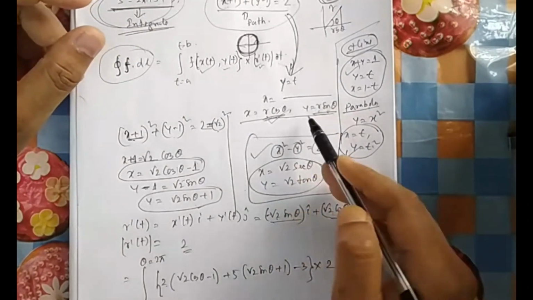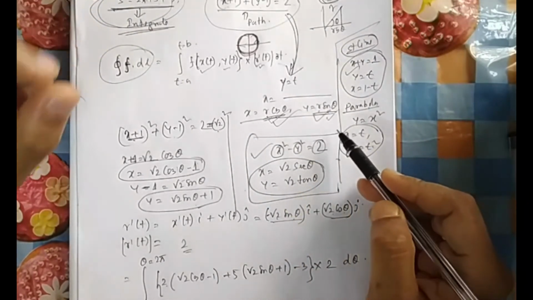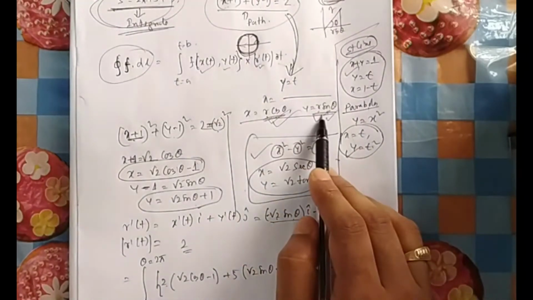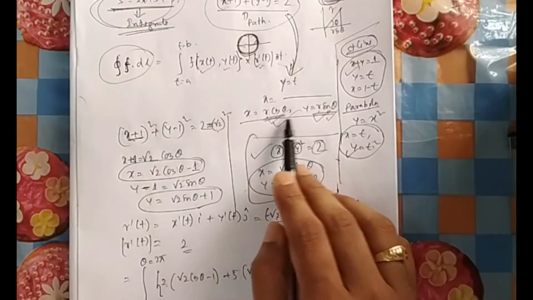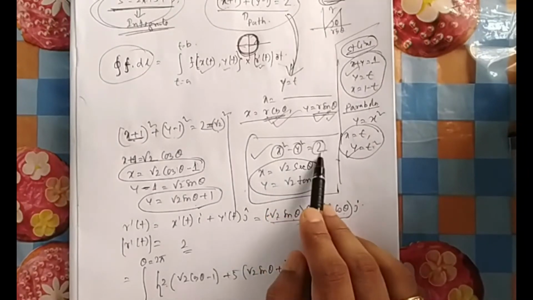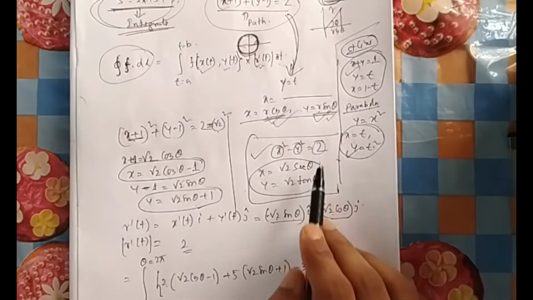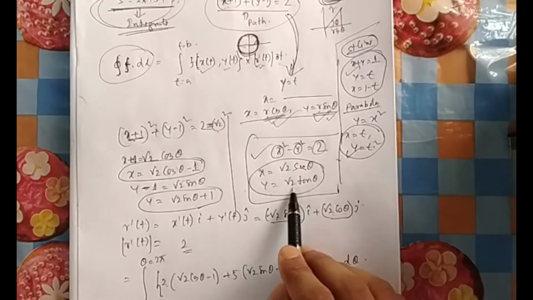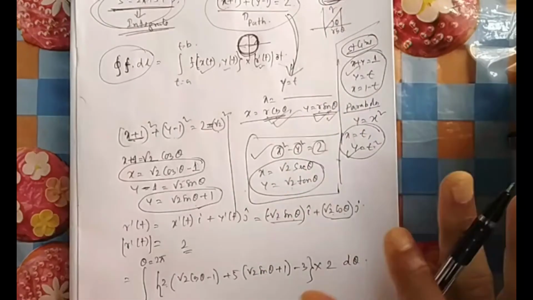In case of circle and ellipse, you take cos theta and sin theta. For a circle, it is r cos theta, r sin theta. Ellipse, it will be a cos theta, b sin theta. For hyperbola, it is sec and tan because of the minus. So sec square minus tan square will give you some form of 1. So it is always r sec theta, r tan theta. So all these things are there.